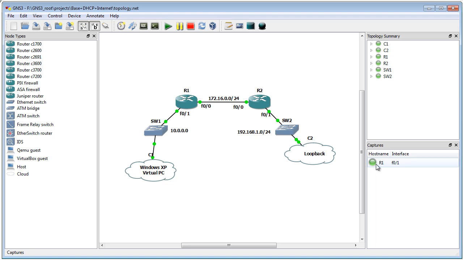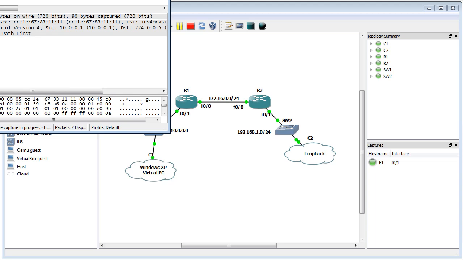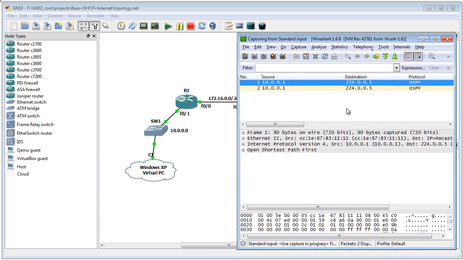Now if we want to look at that capture file, we can stop the capture, we can save that capture file, go look at it, that's great. But we can also take a look at the live data. We could right click on this link and say I want to start Wireshark right here. It'll launch Wireshark, and this gives us a real-time view of all the traffic that's currently being seen on this segment right here. So we have some OSPF, we have the .52, which is a virtual PC that I have running